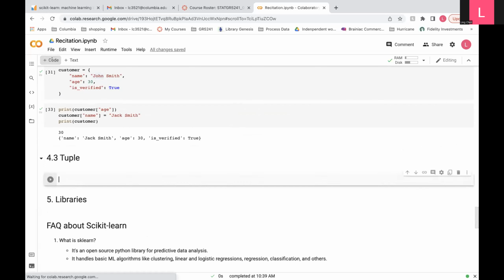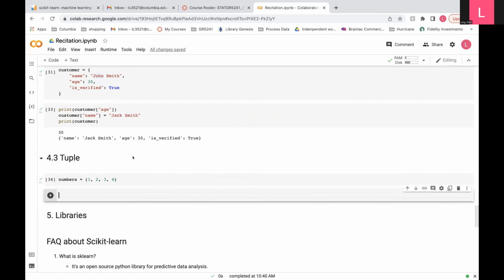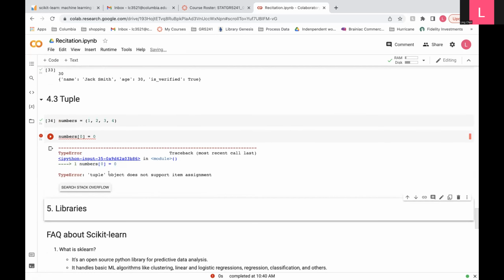Another thing I want to talk about is tuple. But actually, it's very similar to lists. But the thing about it is that you cannot change the value of it. Let's say we use the parenthesis here. Let's say it's 1, 2, 3, 4, and let's assign this to it. And if you want to change, say, the first index to 0 instead, it will give you error because you can see this object does not